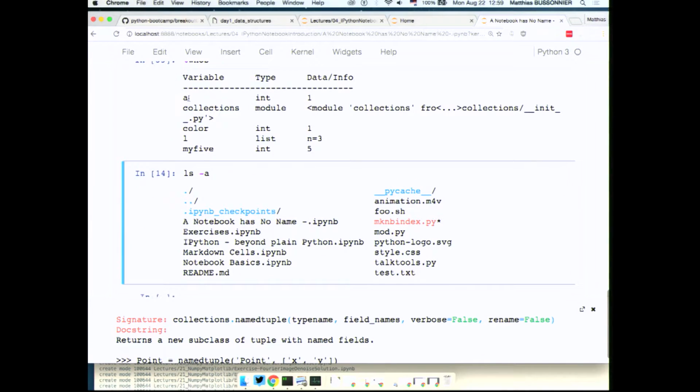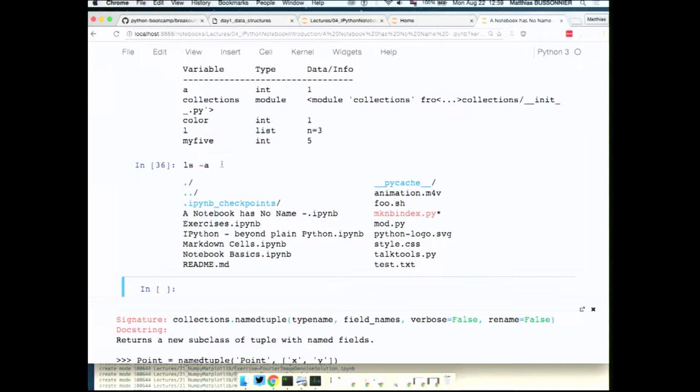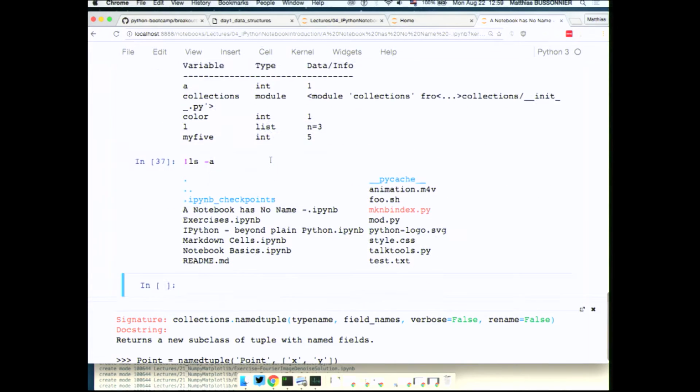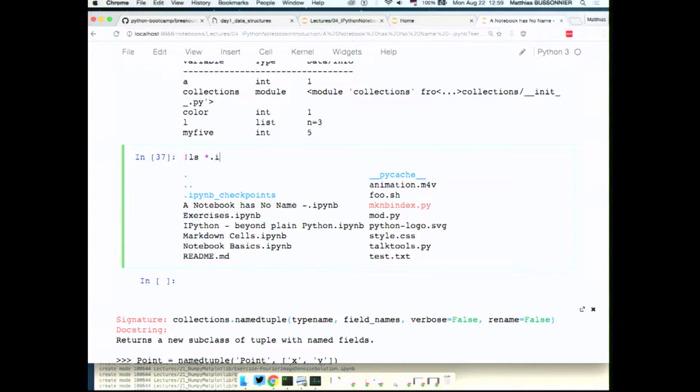One of the other things that I showed you, which makes things easy, is you can directly use some shell commands directly in your Python. This is completely not valid Python, but if I do ls, it does list my files. And this is actually syntactic sugar for bang ls, which is even more syntactic sugar for something else, which means that if I want to find all my IPyNB files, I can do